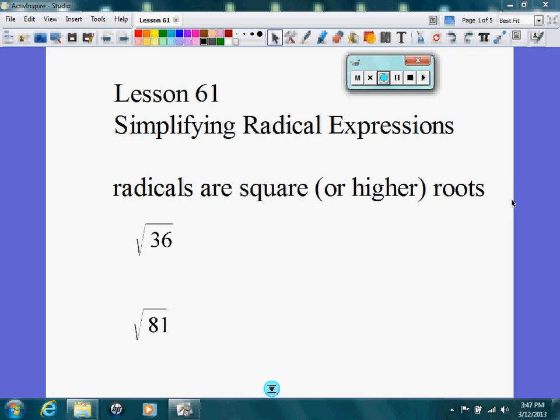Lesson 61, simplifying radical expressions. Radicals are simply square roots, or perhaps higher roots. We could have cube roots or fourth roots or fifth roots. We might even write, say, the